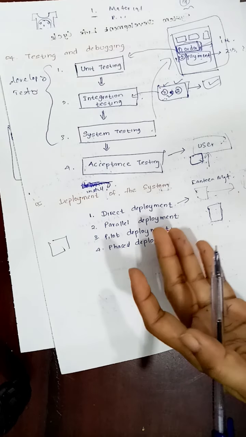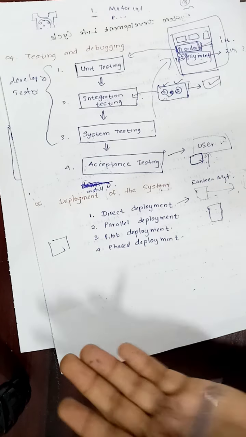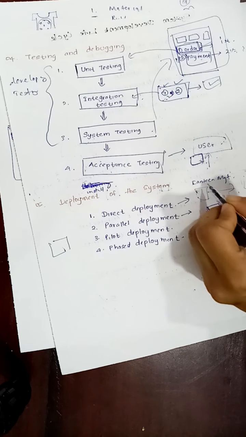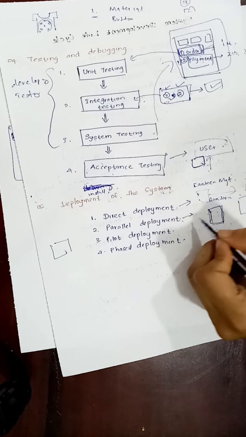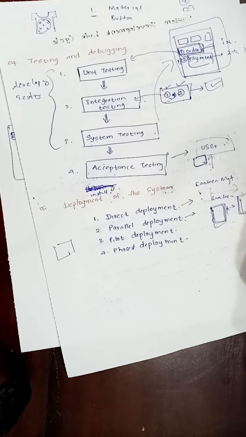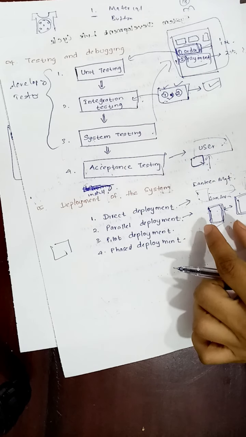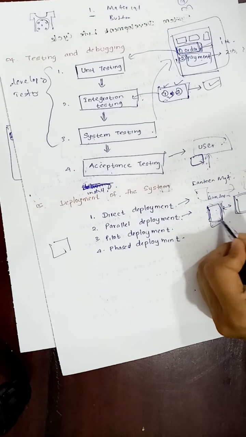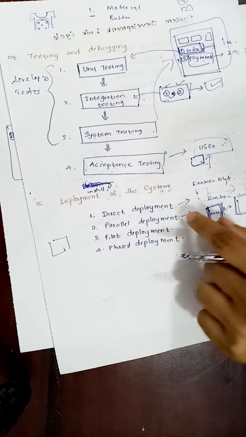Parallel deployment in the sense, sometimes the canteen owner doesn't know how to operate that one. That means he is new to that software now. So he may be unable to use some functions. At this time, this new software also will be installed in that canteen, and the canteen owner will use the old method also. So they will use both at the same time. If the canteen owner is okay with this new system, if he is familiarized with this system, he will throw the old one and he will use the new one. That is parallel deployment.